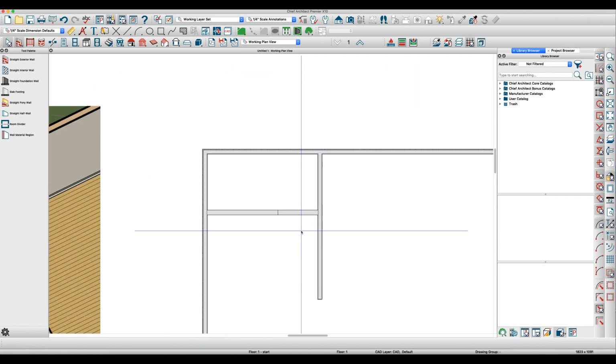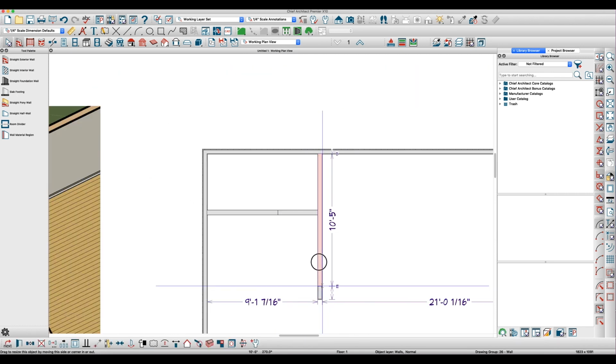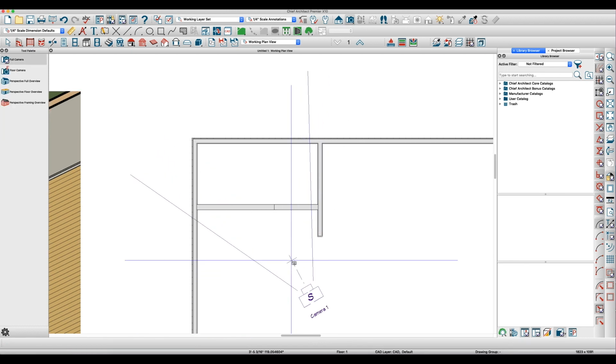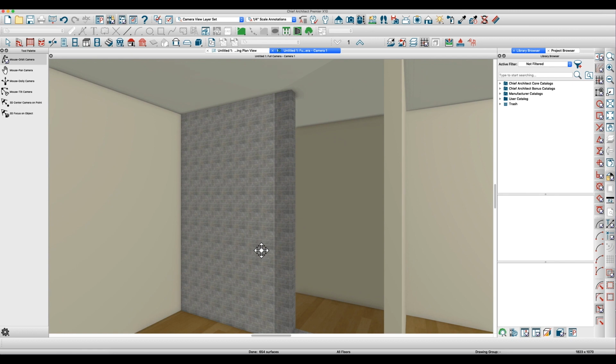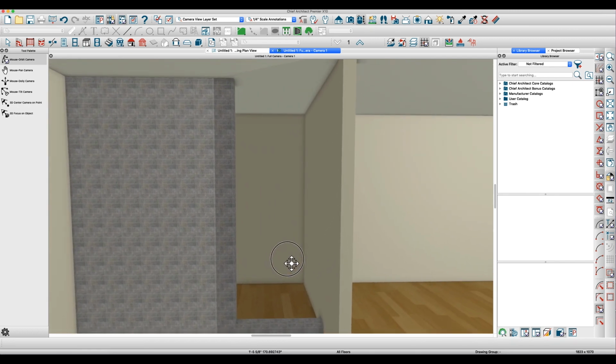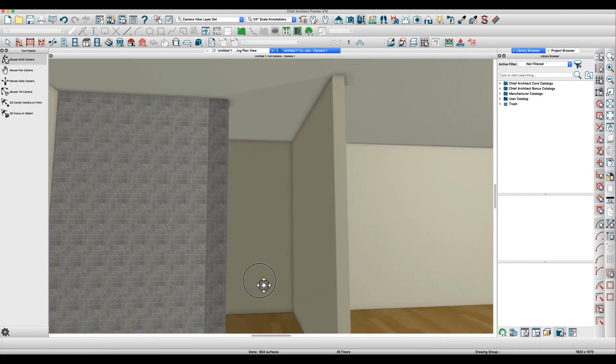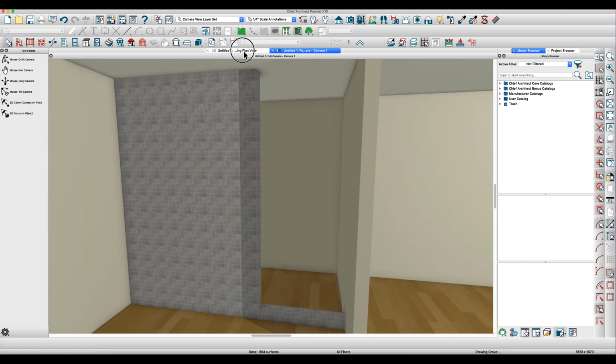Anyway, let's just take a look here real quick, and I'm going to shove this back just so we can see here. And put a camera view. And there is your wall. Solid wall here, curb wall here. And basically, if you had a shower floor,